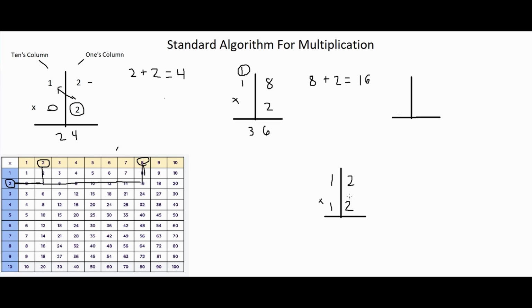So here we're gonna do the same thing at first. We're gonna multiply 2 by 2, and since we did it right here, we know that it's 4. You can do the same thing again by using the chart, or adding it, and you can see that it's 4. Then you write 4 right here,